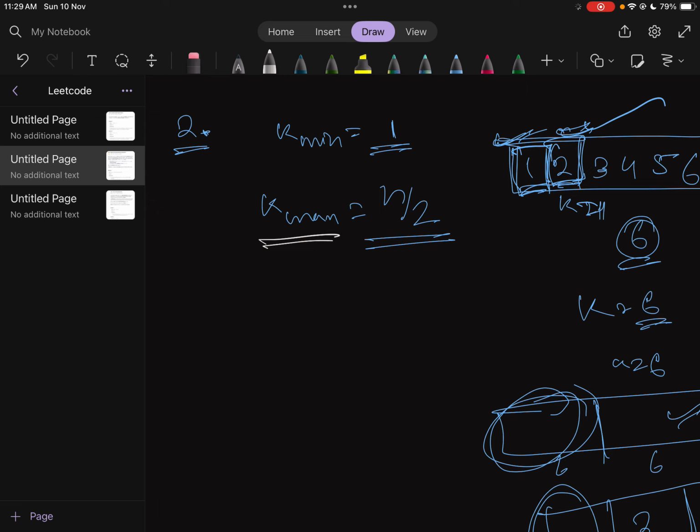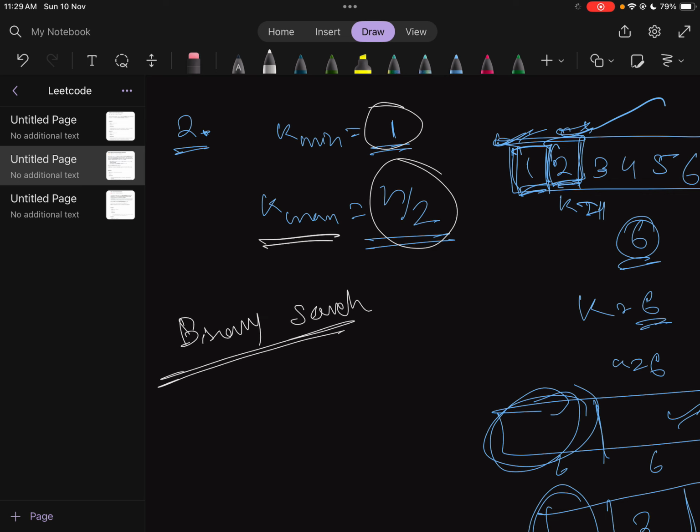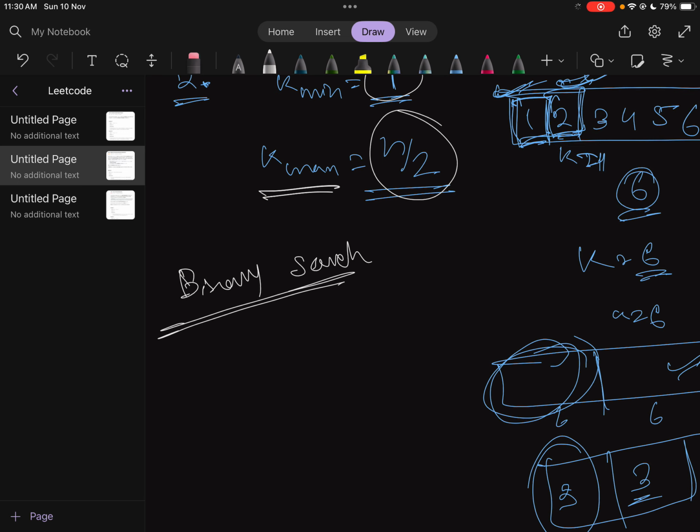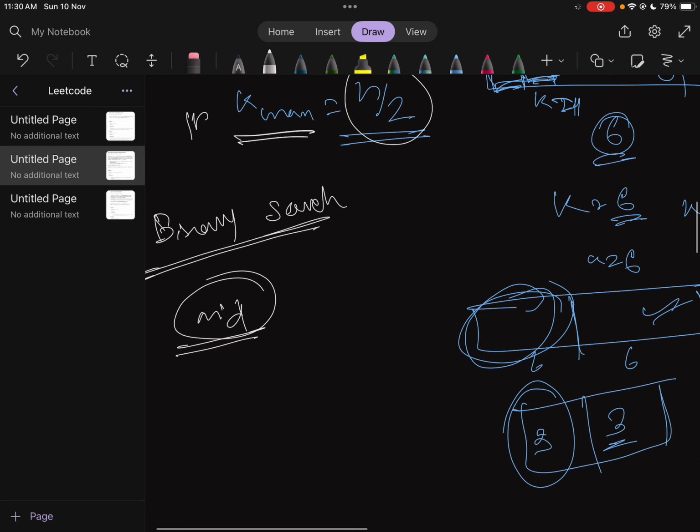Now how can you optimize this? We already know what the minimum value can be and what the maximum value can be. Now I will use binary search. How will binary search help us here? I will take two pointers, L and R, and get a mid. I will check whether this mid is possible or not. If it is possible, then this will be our possible answer. The answer will be mid, and I will search for the next greater possible value.